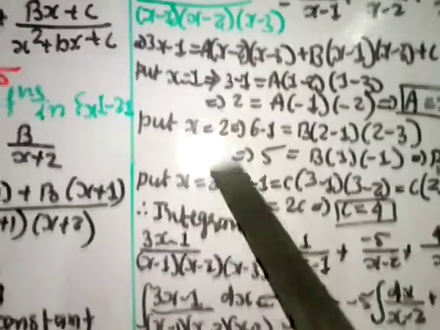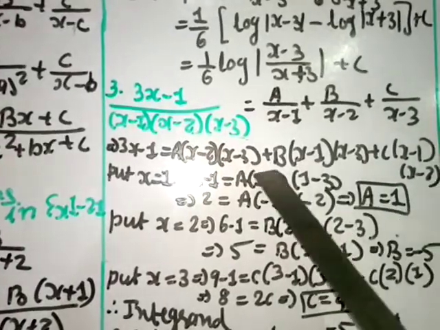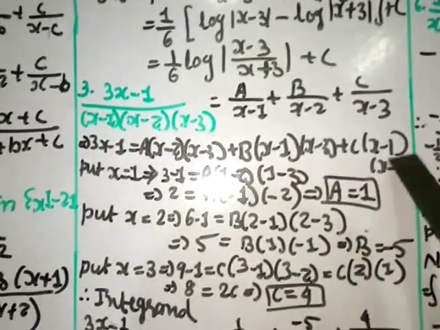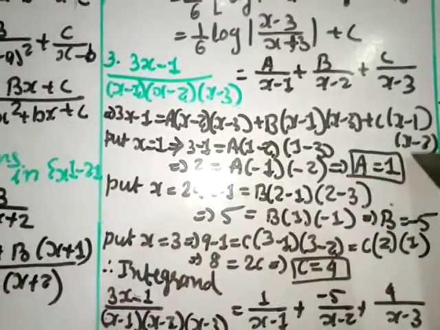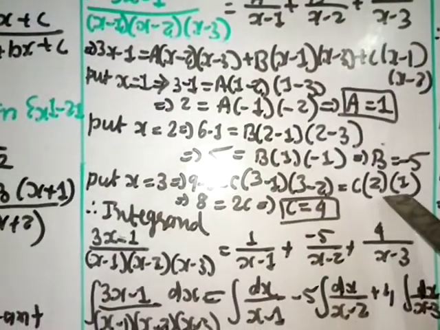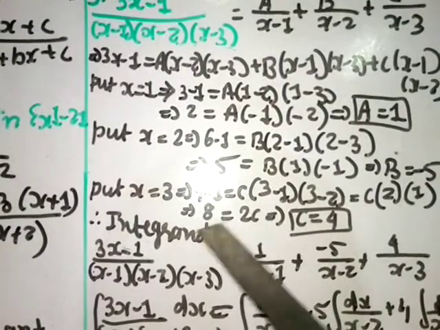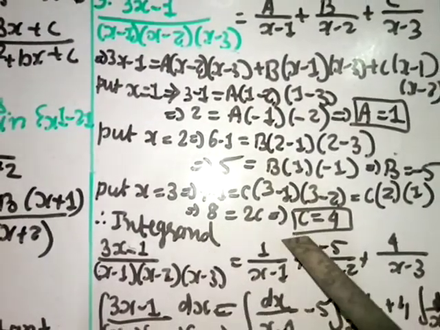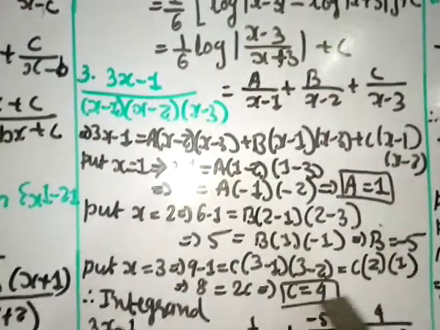Now put x equal to 3, 0 of this x minus 3. So when I put here 3, 3 into 3, 9 minus 1. See, if I put 3 here, the a term will cancel. 3 here, the b term will cancel. But here it will not cancel. So I put now here 3. So c, 3 minus 1, and (x minus 2), so 3 minus 2. 3 minus 1 gives you 2, 3 minus 2 gives you 1. So here 2, and here 9 minus 1 which gives you 8. So 2c equal to 8, divide by 2. So c is equal to 4. So you found the value of a is 1, b is minus 5 and c is 4.